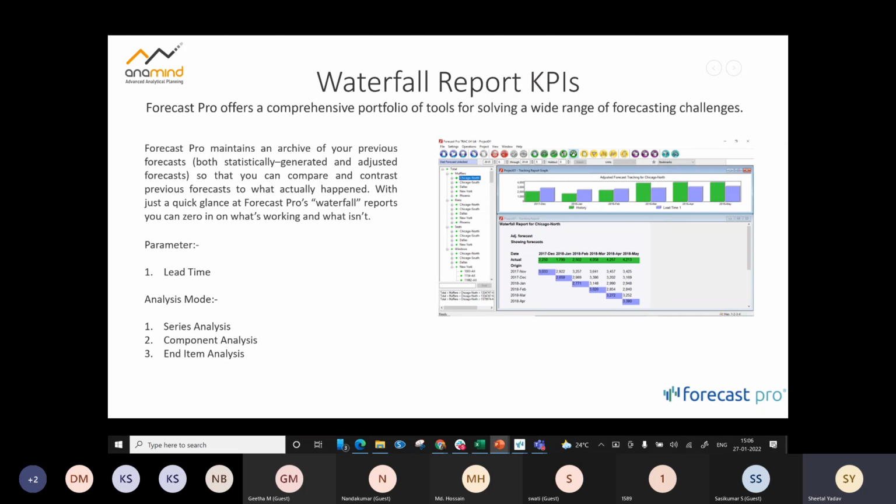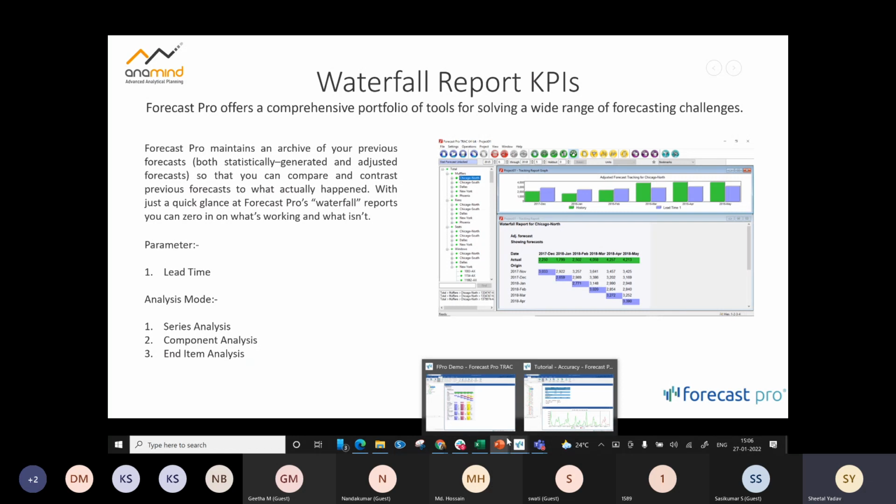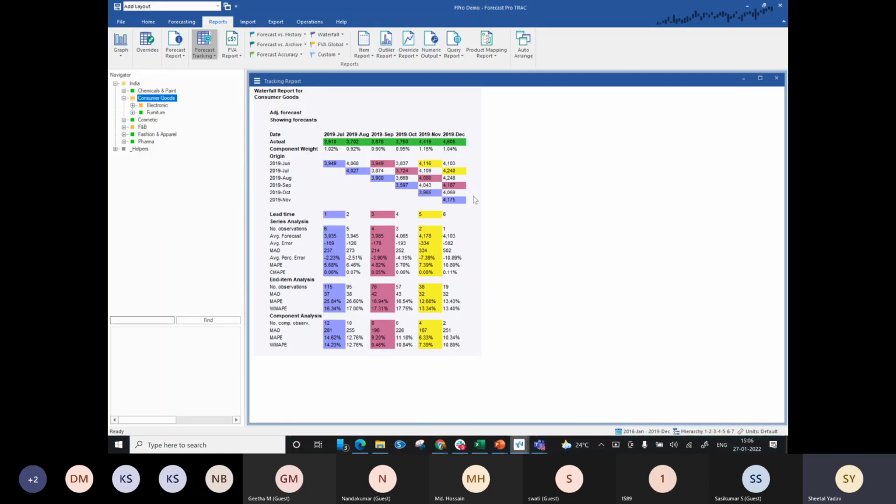And there are a lot of parameters that are used to analyze the accuracy of your forecast, of the rolling forecast versus the actuals. So the first parameter that's the most important that we need to factor in, or that we need to look at, is my lead time, because that is the crux of this report, because we are forecasting on a rolling basis. So let me just walk you through that parameter and talk about this report.